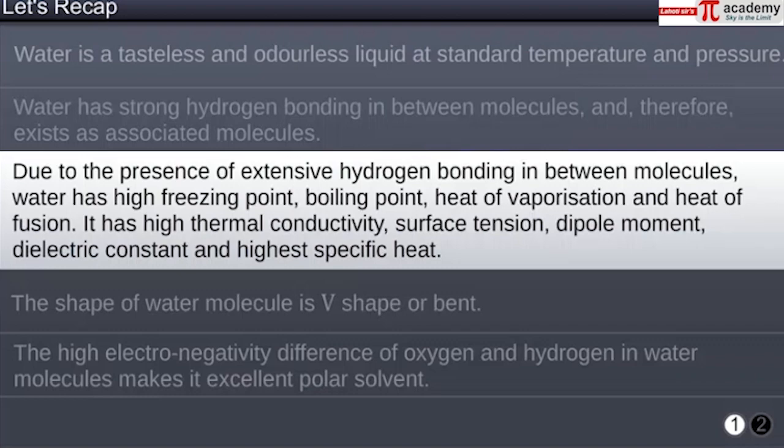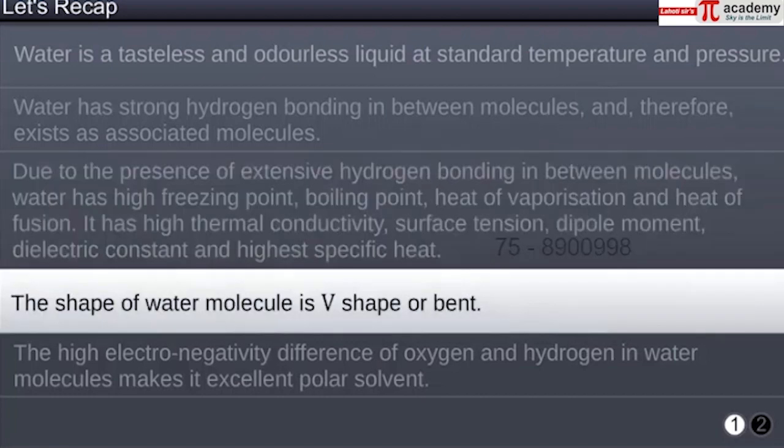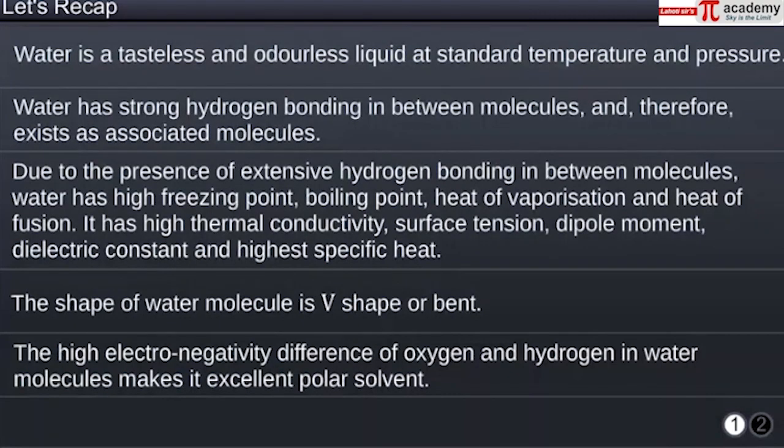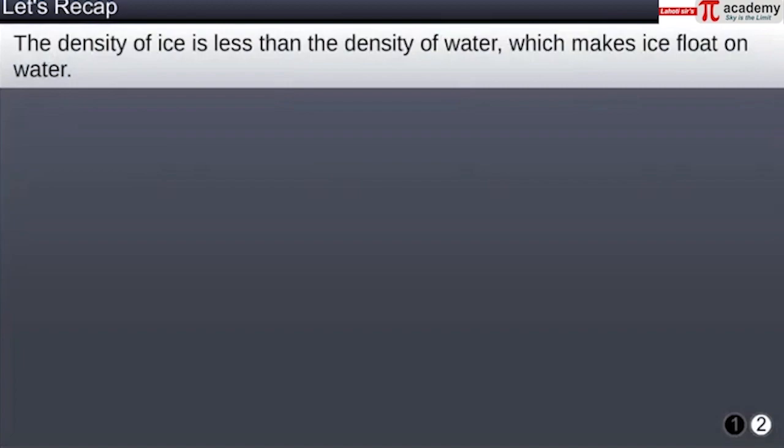It has high thermal conductivity, surface tension, dipole moment, dielectric constant and highest specific heat. The shape of water molecule is V-shape or bent. The high electronegativity difference of oxygen and hydrogen in water molecules makes it excellent polar solvent. The density of ice